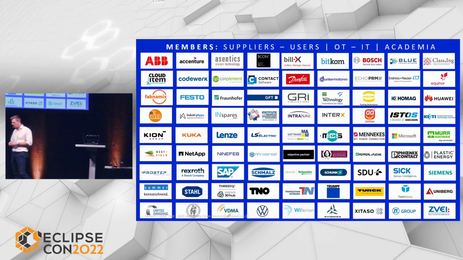So when you look at this logo wall, you see many companies from different areas, different branches. We see on the one hand smaller software companies. We see also larger software companies like SAP, but we also see component suppliers like Rexroth, for example, or Lenze, who do the drives. We see also machine builders like Trumpf. You see robot builders like KUKA, for example. But you see also the big corporations like Siemens, ABB, Schneider Electric, as well as end users, for example, like